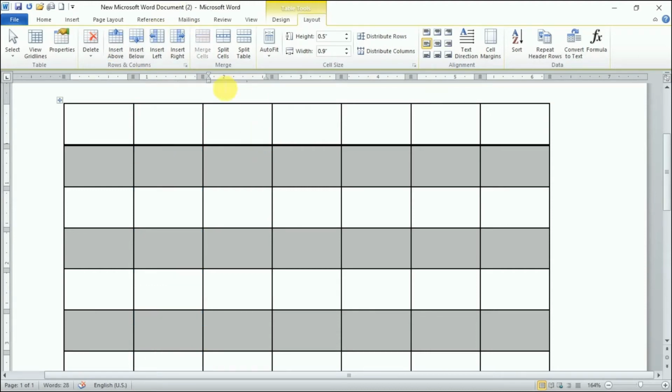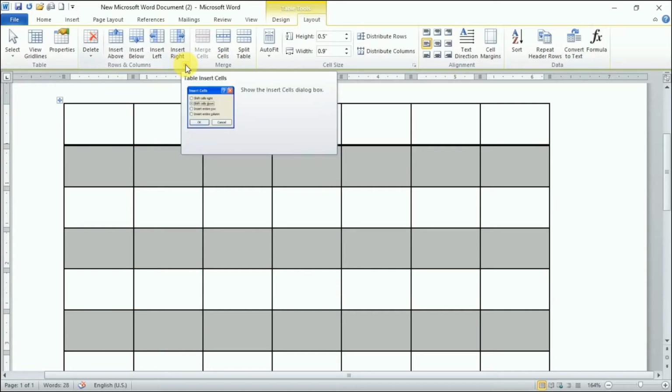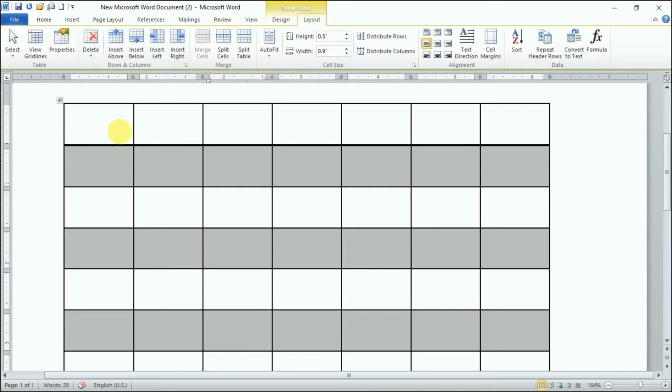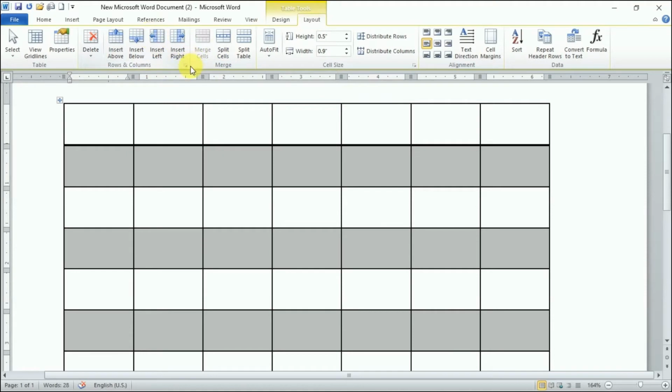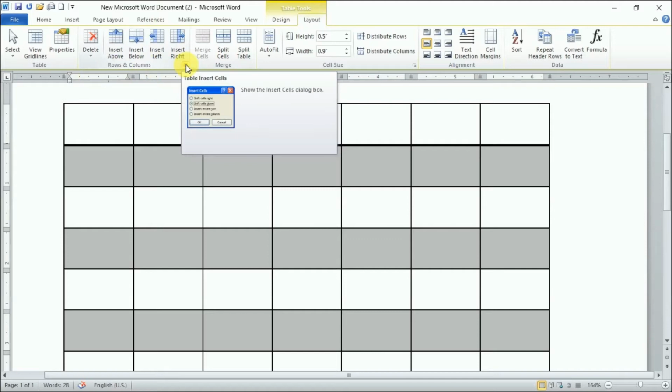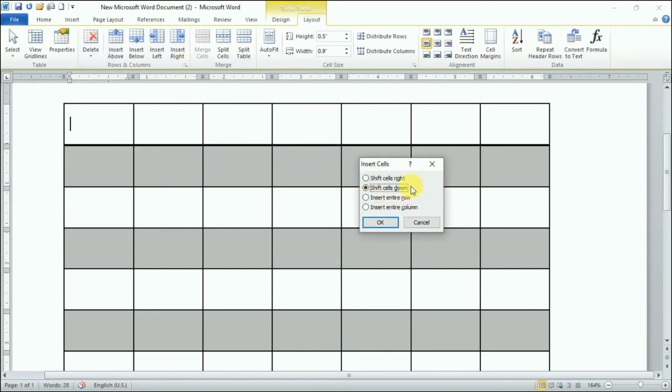Now the second method is you have this dialog box launcher option here, right? So what you need to do, you just click on the table, come in the layout, and directly come here in the dialog box launcher. This dialog box launcher option is available in the rows and column group at this right bottom corner. You just click this square button and you will have this option, insert cells. Now here you get an option, insert entire row or insert entire column. So whatever you want to do, you can do so. I have just selected insert entire row, so a row will be inserted, right? This was the second method.